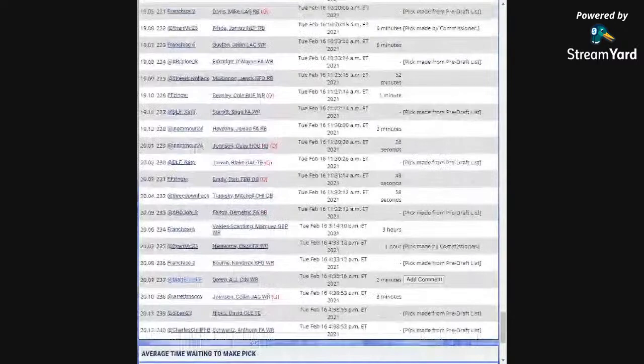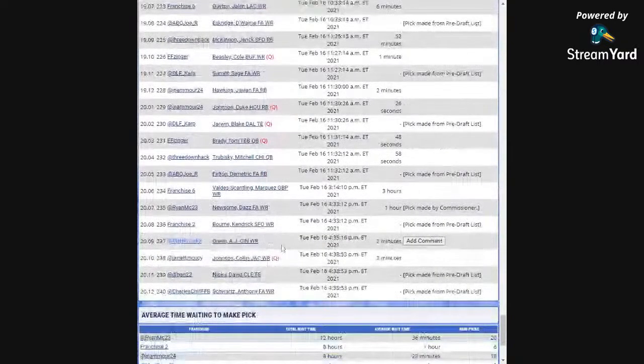Last pick of this mock for me, AJ Green, wide receiver, Cincinnati, but probably not there. He was a very popular choice as a comeback player in 2020 after missing all of the 2019 season. Memory's a little fuzzy there, but formerly elite, obviously older player now. In that age, in that Julio Jones age, came out in the same exact draft class all those years ago,